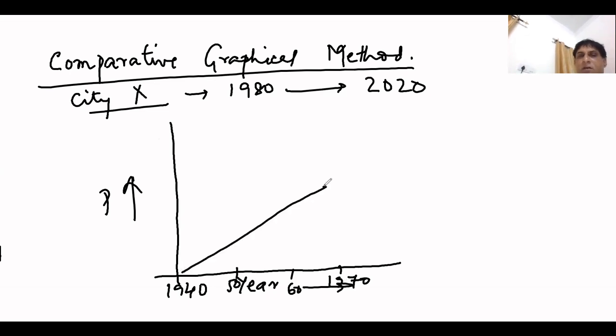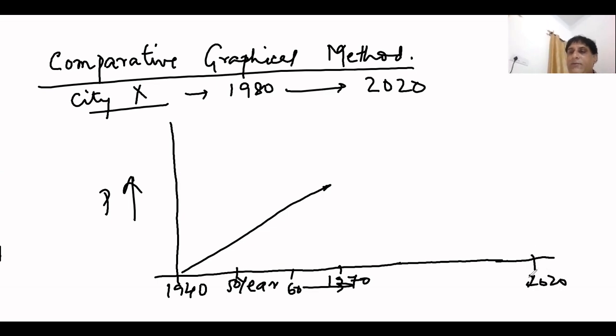Whatever be the graph, it will be plotted for the city X, right? Now we are being asked to calculate the population of city X for year 2020, right? Now, how will we do it? So what we do is,